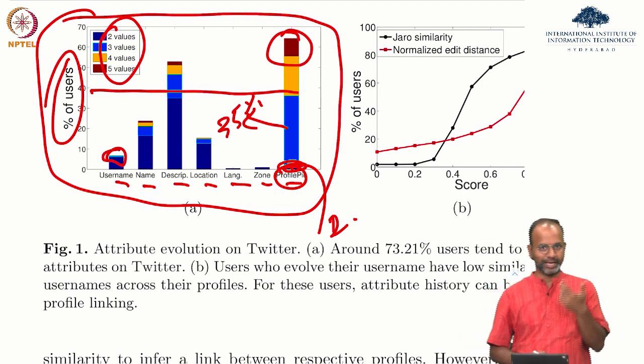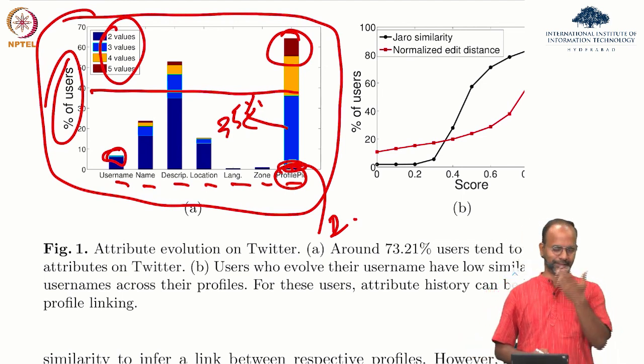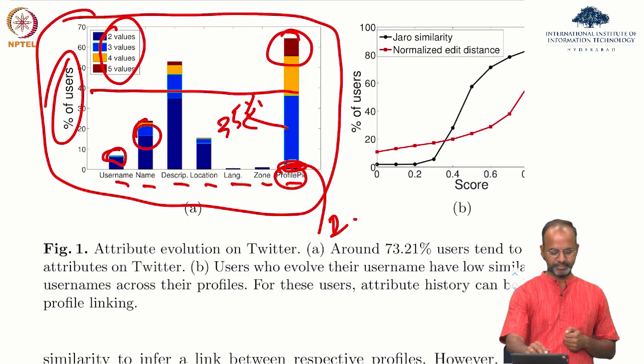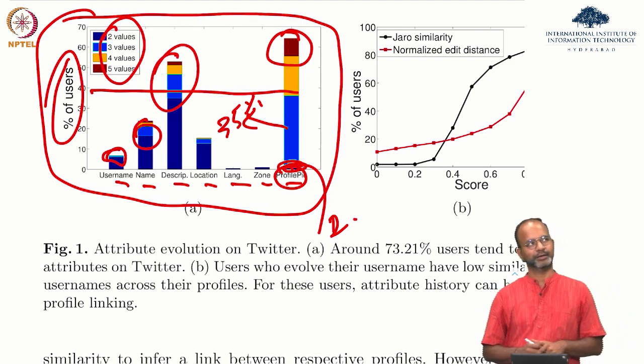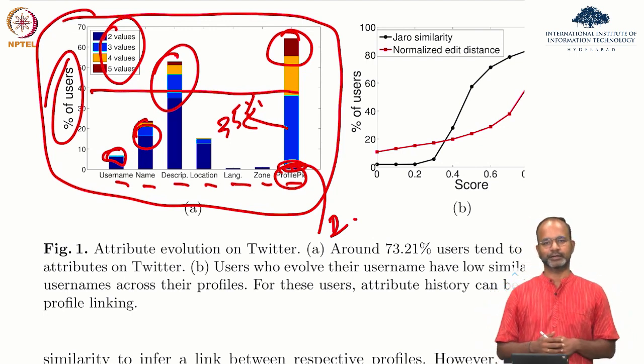And then during elections, if you were to draw the same graph, it would be actually very different because people actually changed a lot more times. So people have changed their name, people have changed their name more number of times, so to say. People have changed their description. For example, I change my description very frequently.